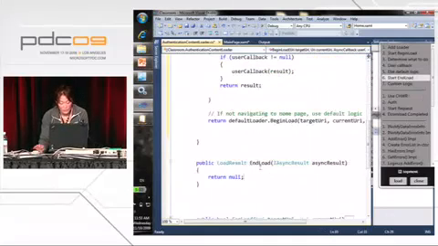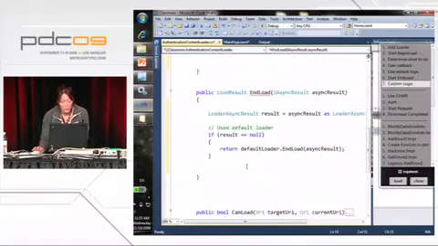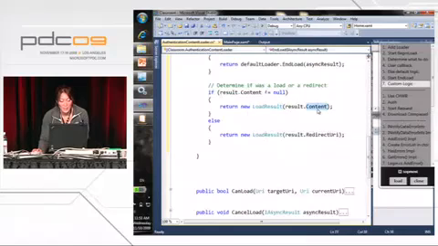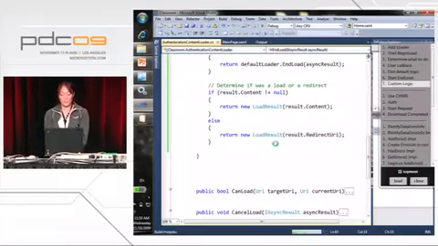Similarly, in end load, I'll do something very similar. If I'm using the default loader, I'll just call end load. But if I had used my custom content loader above, I'm going to say, okay, if I actually pass static content, return a load result with that content. Otherwise, return one with the redirect. So now, if I run this,